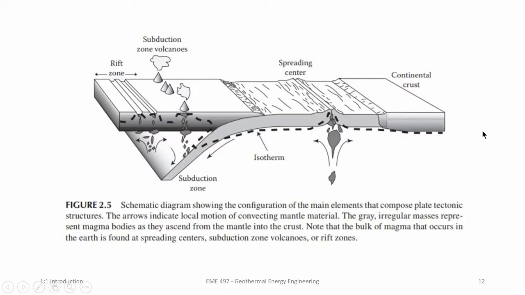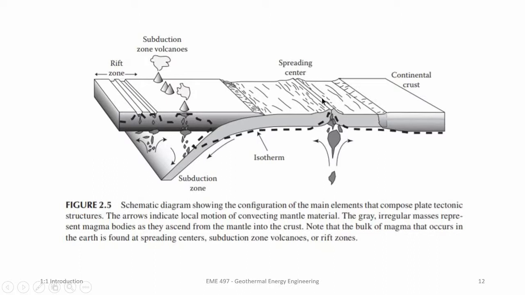Here's a close-up of some plate boundaries. So here are two spreading plates. These would be on oceanic plates, and as you can see, as one plate goes left, the other one goes right. It causes magma to be forced up through the middle, and in areas like this, there's a large amount of heat flow. Here would be two plates coming together, and as one plate goes on top of the other one, there's a significant amount of friction, which creates a lot of energy and a lot of geothermal activity. That's where you find volcanoes and things of that nature.